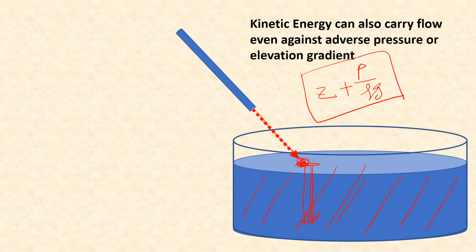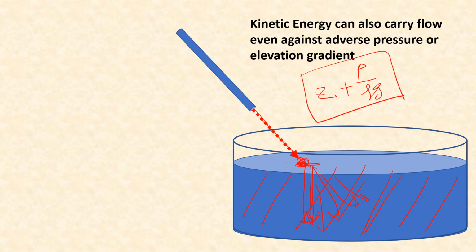And therefore, because there is no difference, that's why it is stationary, there is no flow. But this jet will still flow into this tank and cause some disturbance. How can it do that? Inside this tank, there is no pressure difference, there is no head difference between different points, and therefore it should